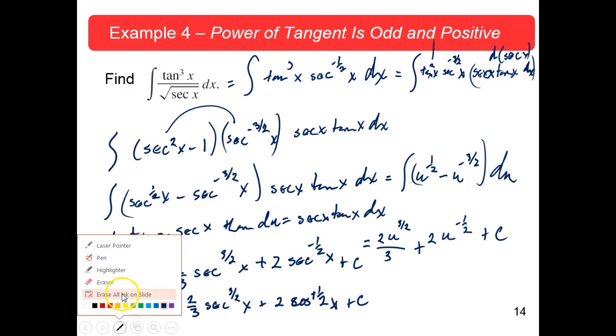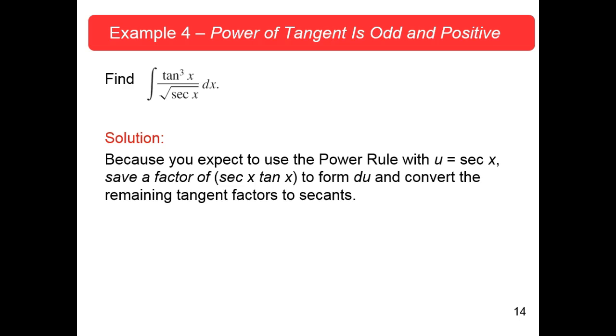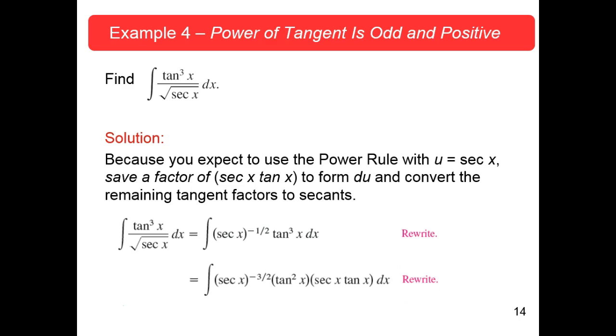All right, to erase? Okay. Well, first thing to do, because you expect to use the power rule with u equals secant x, boy, they jumped way ahead to see that, and save a factor of secant x tangent x, because that is the derivative of secant x. So you have to pull out a tangent x from tangent cubed. That'll leave you a tangent squared, and they should have already changed it, and they did ultimately here, okay? So that's how they rewrote it, and then they're going to pull out the